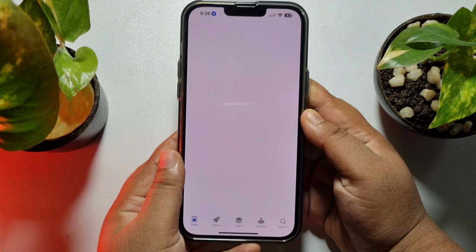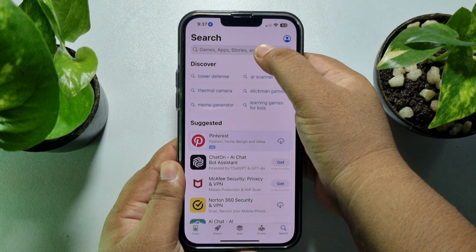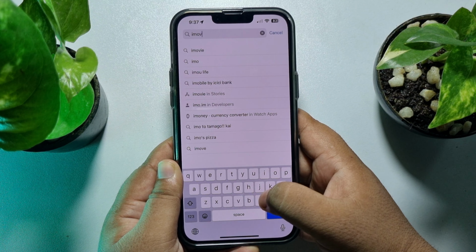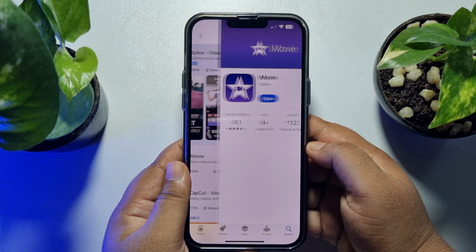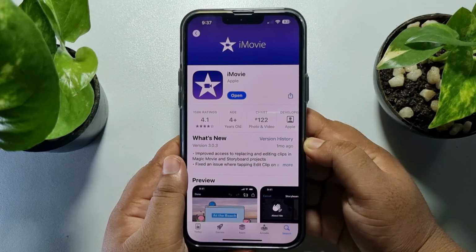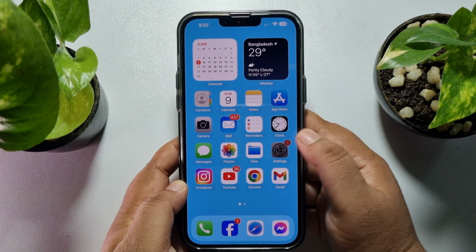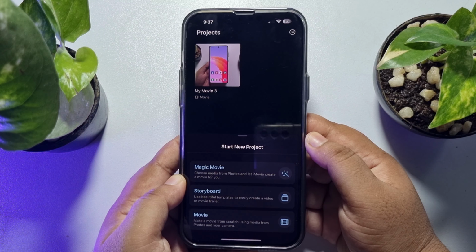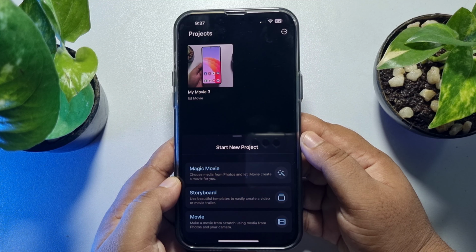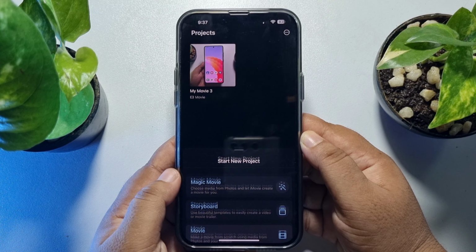and here search for iMovie, and all you need to do is install this iMovie app on your iPhone. Once done, go ahead and launch the iMovie app, and once you are on the iMovie homepage, here tap on movie,